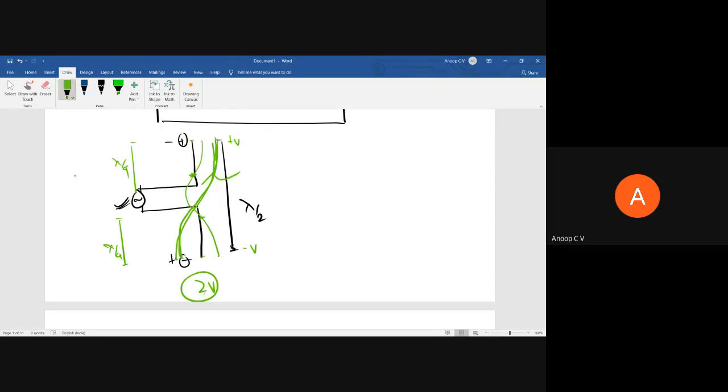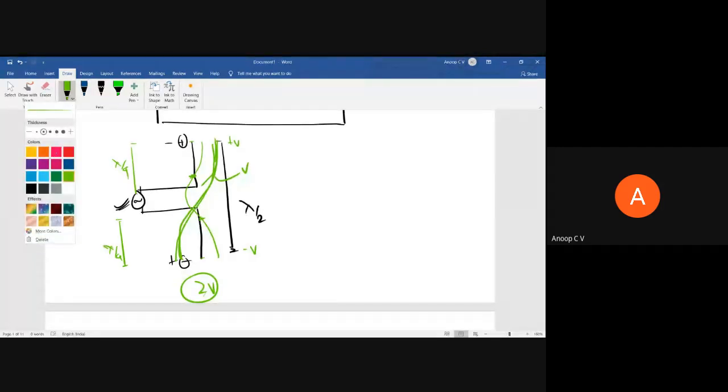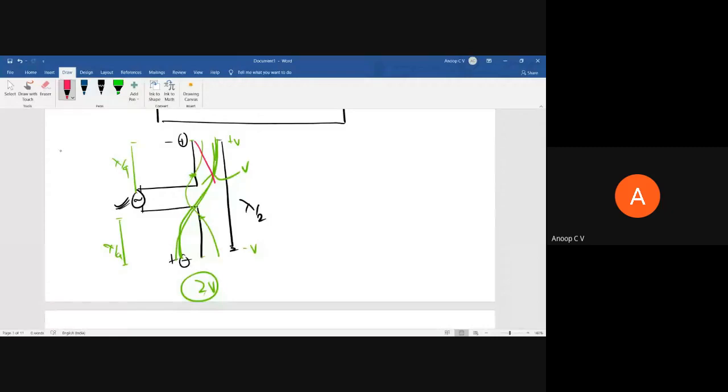So this is the voltage distribution, and if you want me to draw the current distribution, it will be something like this. The current will be minimum at the ends, and it will be maximum at a distance of lambda by 4. Current maximum. So this is the current distribution. Because of this, electric and magnetic fields are induced on this.